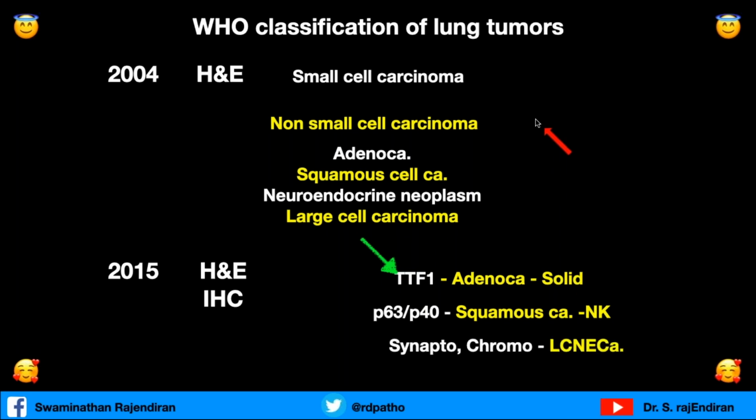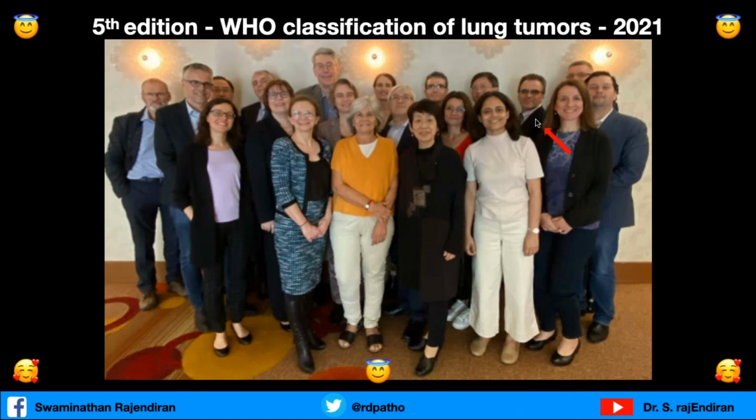When it is positive for synaptophysin and chromogranin, those are all the old neuroendocrine markers. Now we have an armamentarium of newer markers. Probably you might have seen one with Dr. Sandhya Madam, insulinoma associated protein, INSM1, that is the new neuroendocrine marker. When it is positive, it is large cell neuroendocrine carcinoma. When all markers are negative, in the lung also, like in breast, it is a triple negative or null IHC type, large cell carcinoma or large cell carcinoma NOS. This is 2015. The same thing is maintained in 2021.